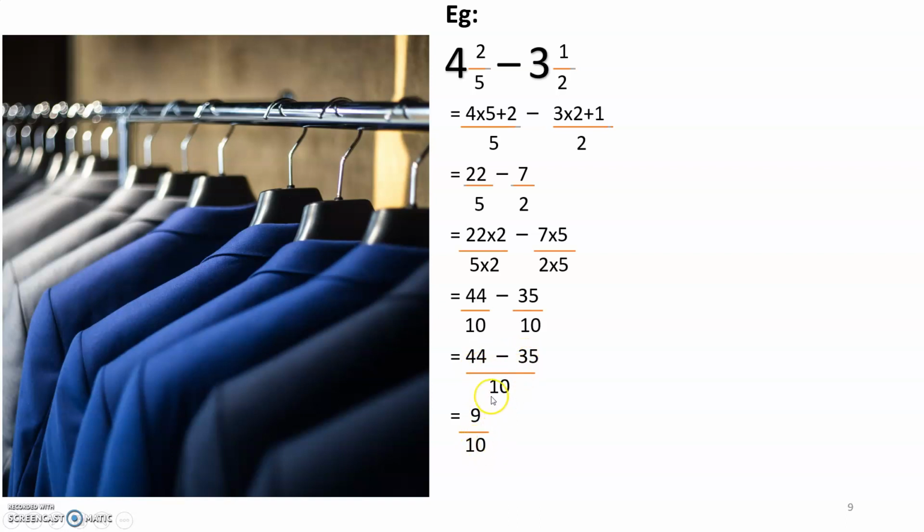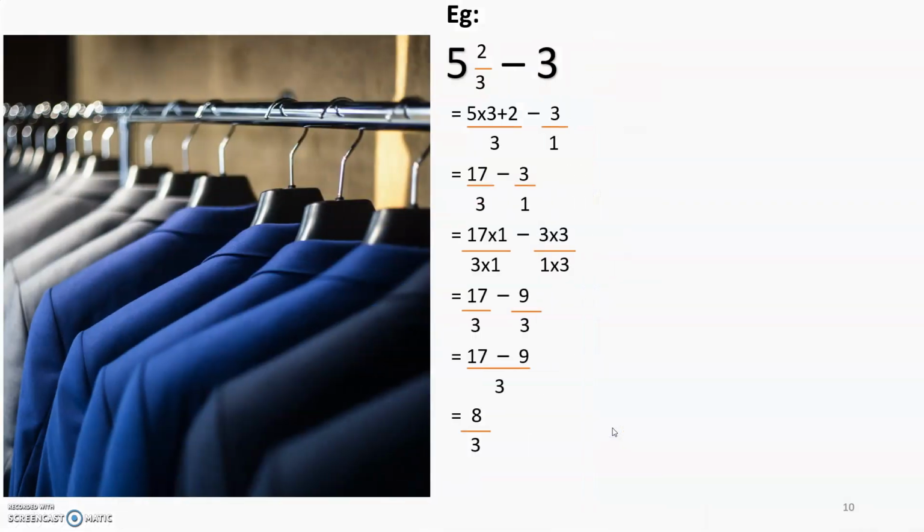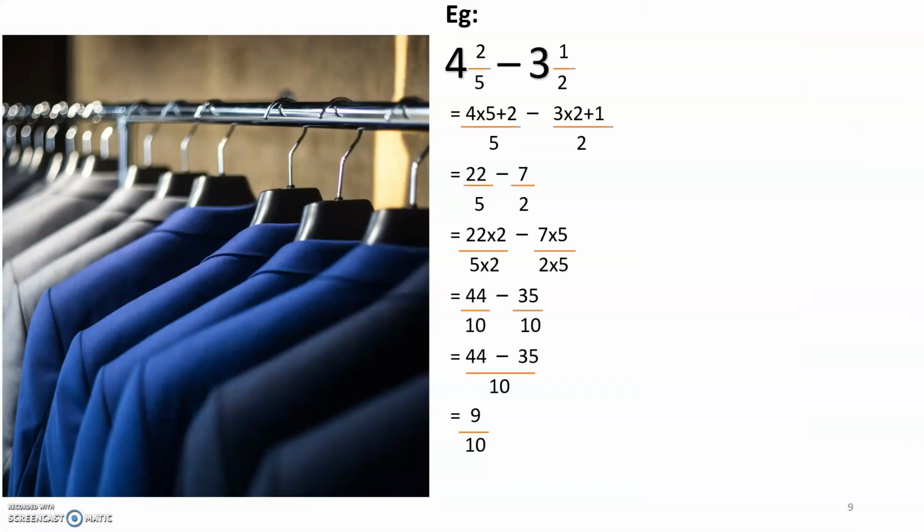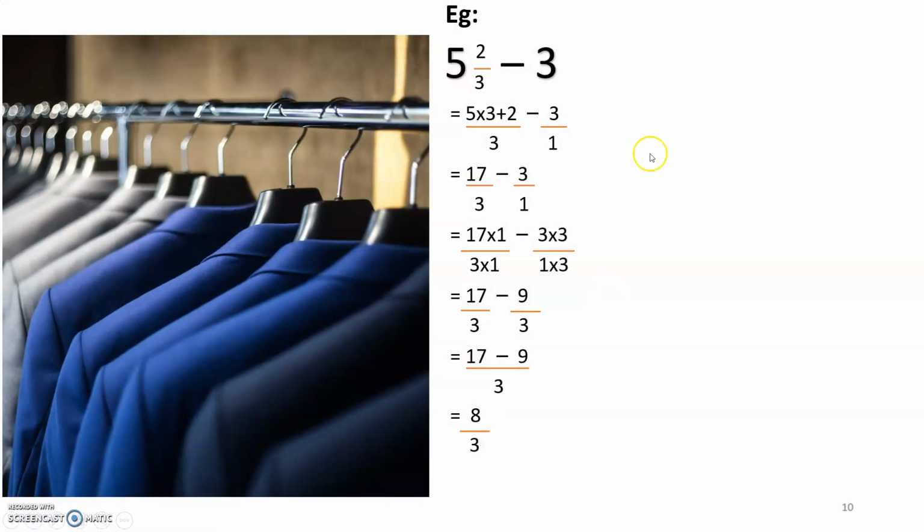9 upon 10. Now this 9 upon 10 is in the lowest term. How to see? Because 9 comes in the 3 table and 9 table, and 10 comes in the 2 table, 5 table and 10 table. Both these numbers, the fraction doesn't come in any other table except the 1 table. So such fractions are known as lowest term. One more example on this.